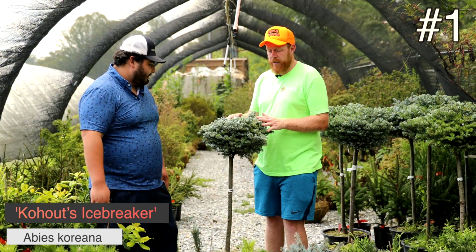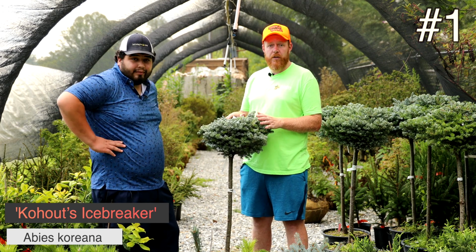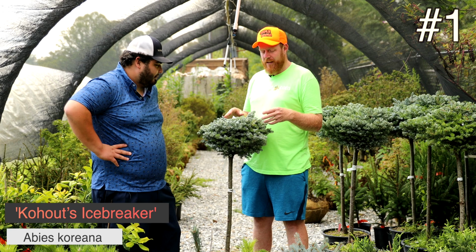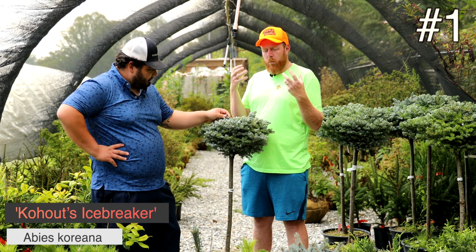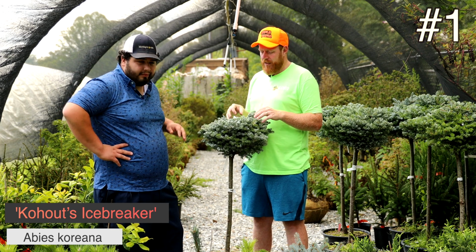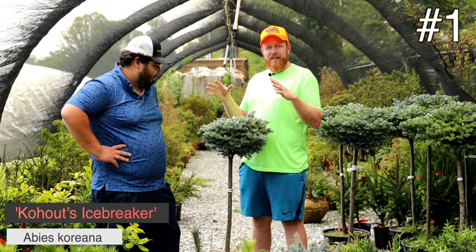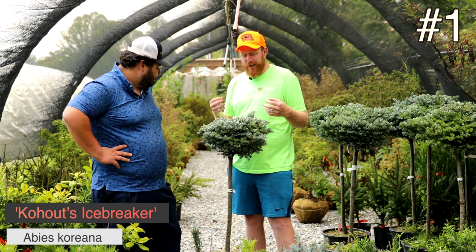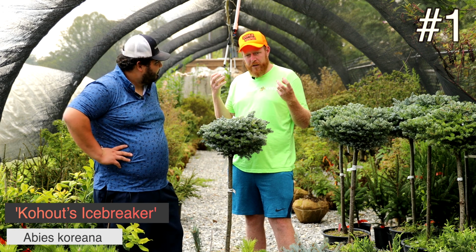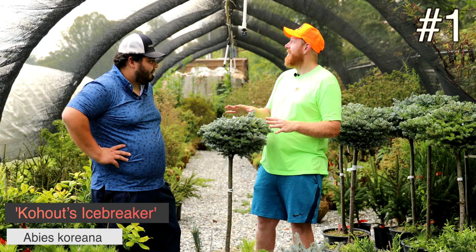So Cohosh Icebreaker was found as a dwarf mutation, a dwarf witch's broom, on the cultivar Hortsman Silberlock. Silberlock has that recurved kind of needle to it where you see that white on the backside of the needles. This one gets extremely dense and compact. It's much slower growing than Hortsman Silberlock. Gives you that same silver color, maybe even more so, with a little more recurved needles. But these being on standards, y'all,